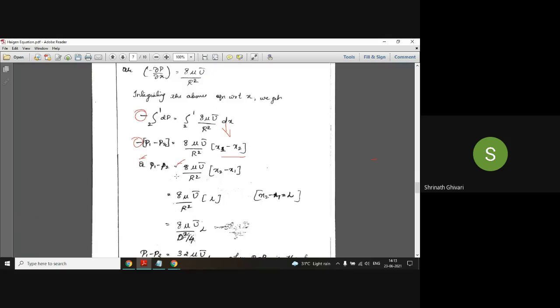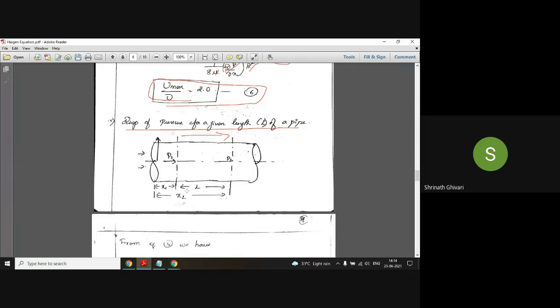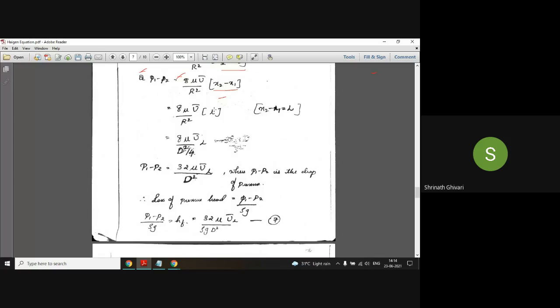So it will be 8 mu u bar by R square, and this x2 minus x1 is capital L. We have seen the length between the sections 1 and 2, so x2 minus x1 is L. Therefore we are substituting x2 minus x1 as L. So the equation will be 8 mu u bar divided by d square by 4, times L. R square is converted into diameter, so d square by 4. So the final expression will be p1 minus p2 equal to 32 mu u bar L by d square,